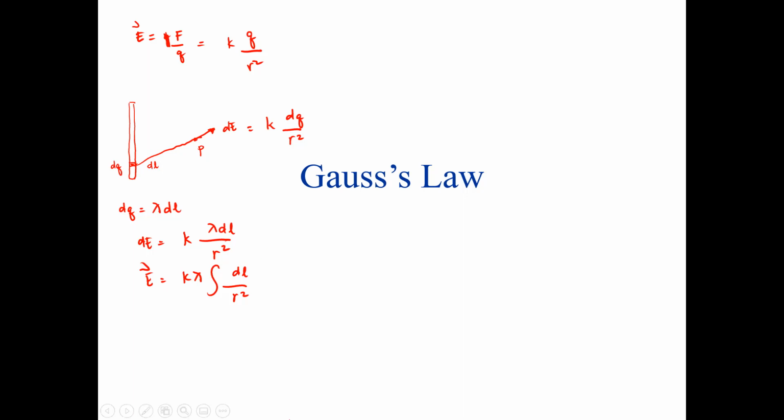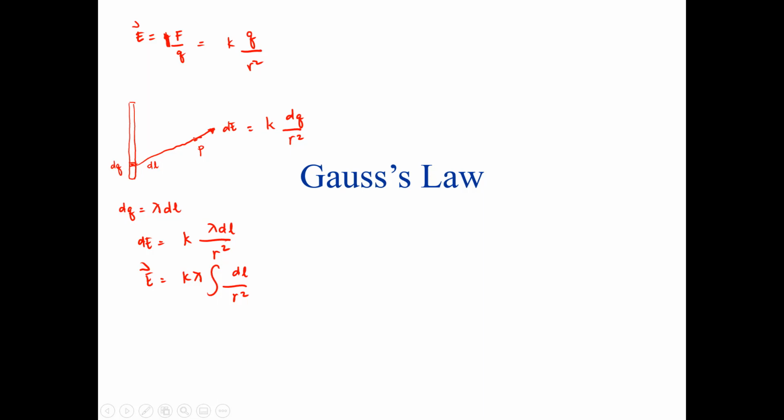Okay, so in the previous chapter class, we have discussed electric field, and we know that all charged objects emanate electric field. It can be quantified. It is equal to F over Q, which is equal to Q over R squared. And then if we have a charge distribution such as this, a line charge,